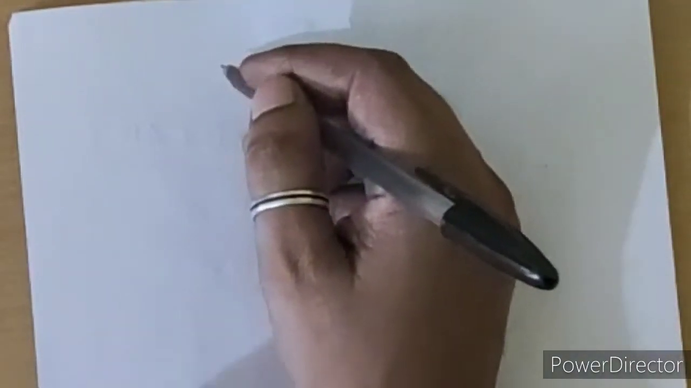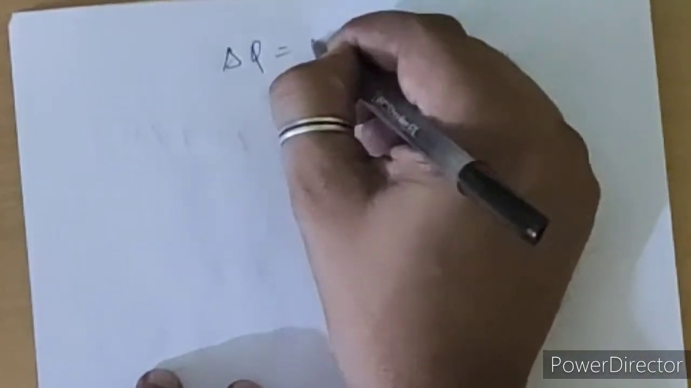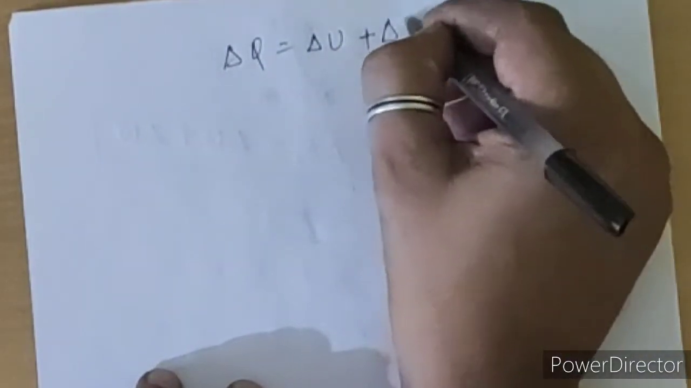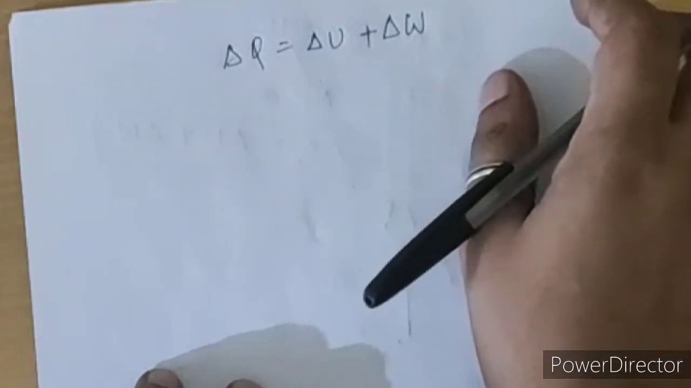Hello guys, so in this video I will discuss more about thermodynamics. In the previous videos I have discussed this equation: delta Q is equal to delta U plus delta W, and